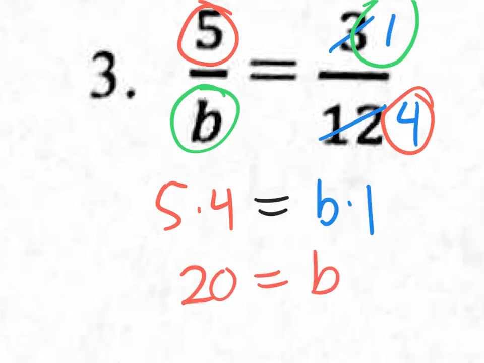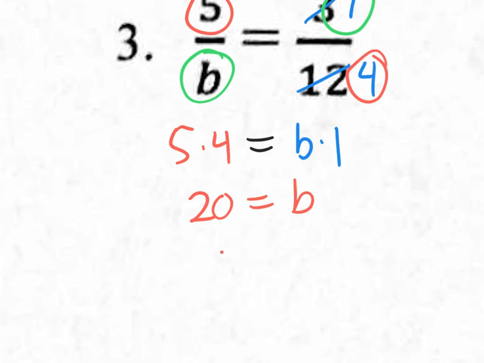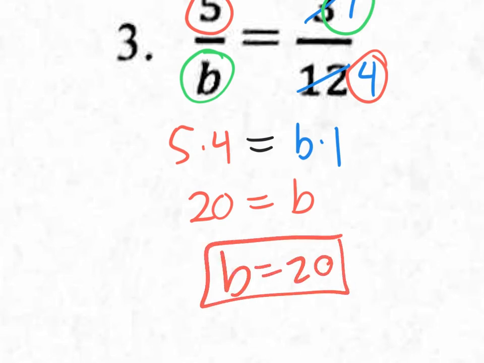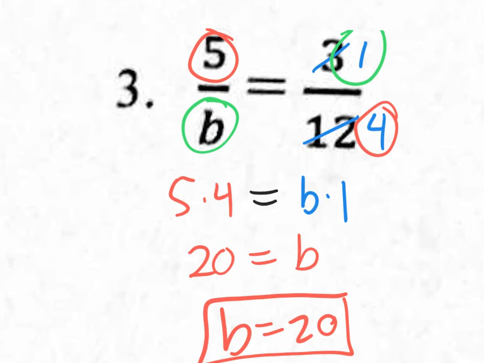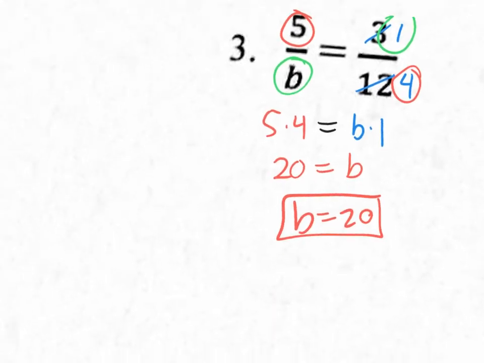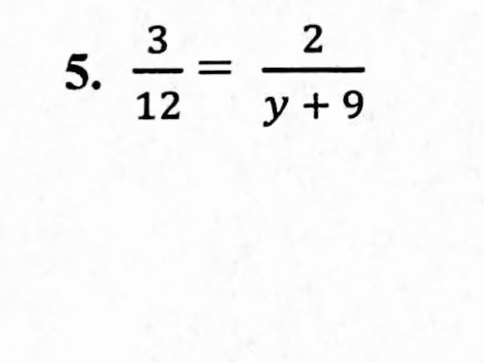B equals 20, and that's your answer. Switch it and you're done. So it's a lot easier to reduce first. You don't have to reduce first, right? I'm just giving you some advice, a shortcut, a little easier work. You could have multiplied 5 times 12 and got 60, set it equal to 3 times b. But it's easier to reduce first and then multiply, and you'll be able to finish quicker and probably not make